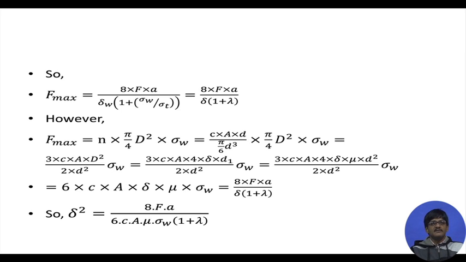So, we make some simplifications in that, because you will see that there is d at the top, d cube at the bottom, and therefore you will have d square at the bottom. So you will find here we have d at the top, d cube at the bottom, so that we have d square at the bottom. We have large D square here, and therefore we are having it here once again. Sigma w is occurring here, and all the other terms are, 3 comes here, C comes here, E comes here,